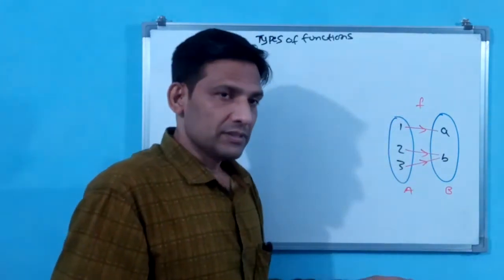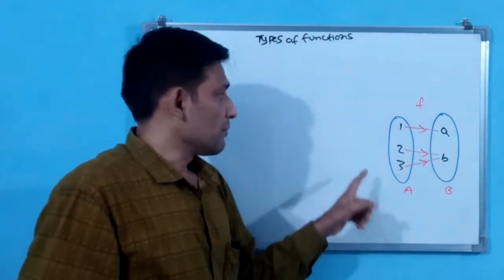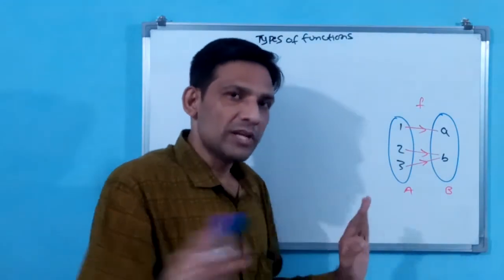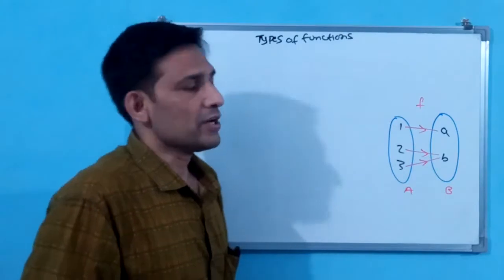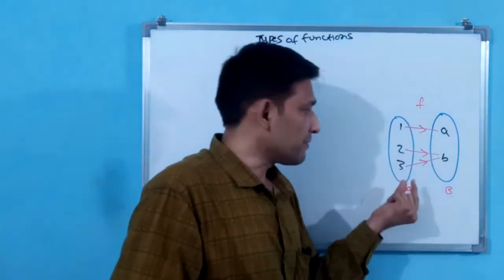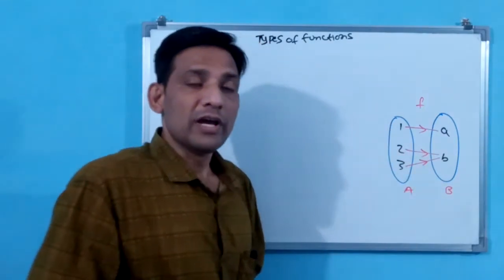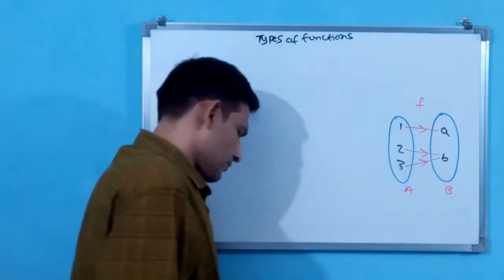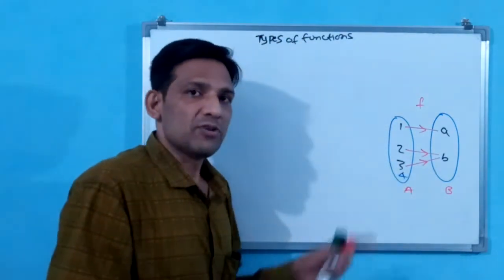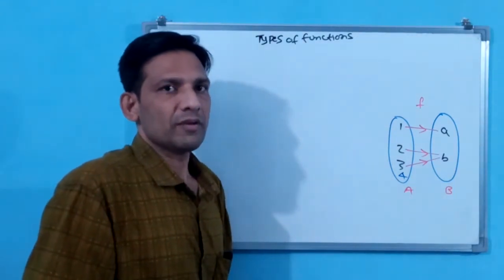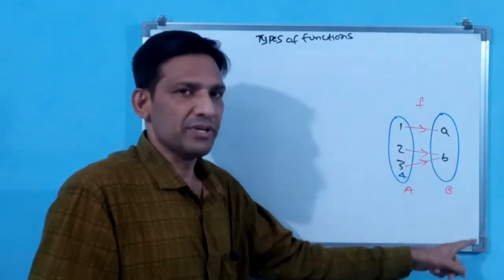Both are sets only. Here, in a relation some elements may be left out, but in a function no element should be left out. That is the first primary condition for the function. Each element from set A means every element should have one image. Here no element should be left. Say here 4 I have written, then this is not a function. Each element from set A should have a relation or image in set B.